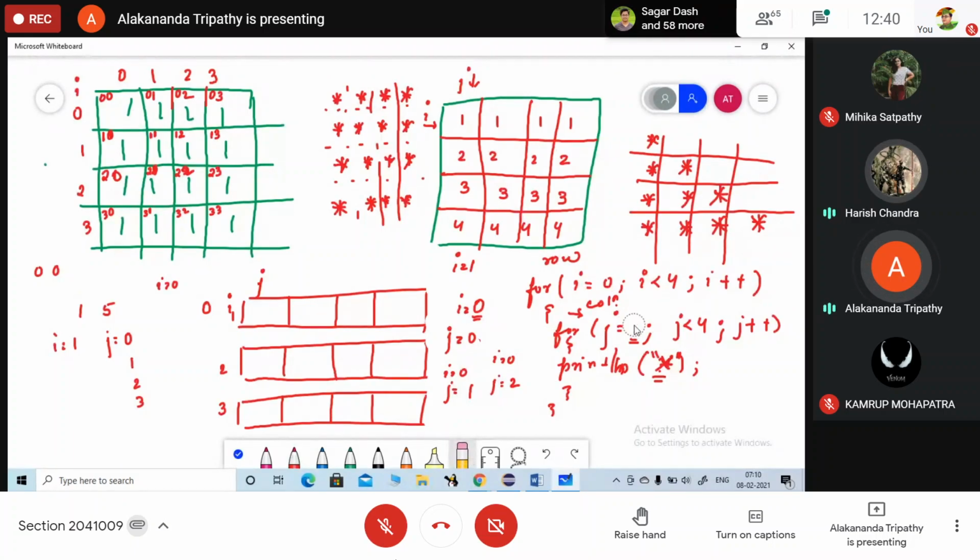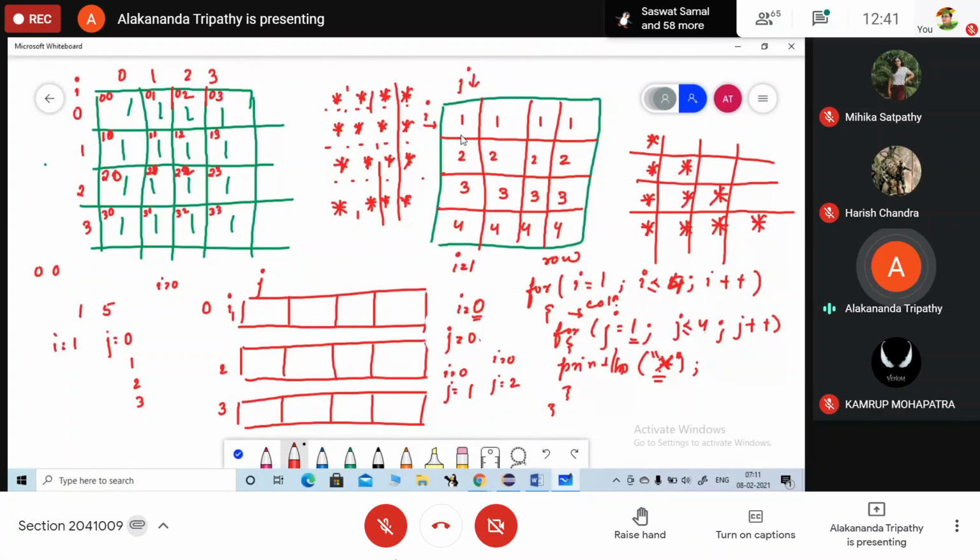We will change the 1 or I less than 5. I equals to 1, I less than equals to 4. Similarly, j equals to 1, j less than equals to 4. Look, it won't work otherwise.